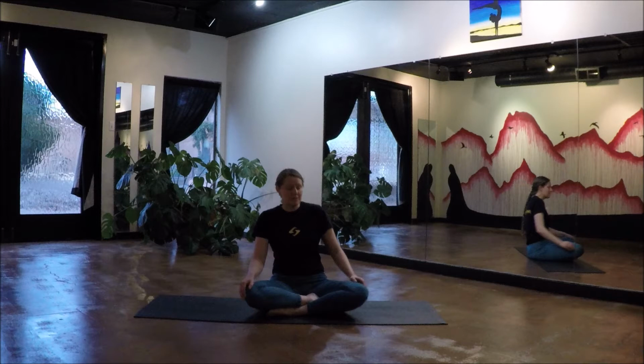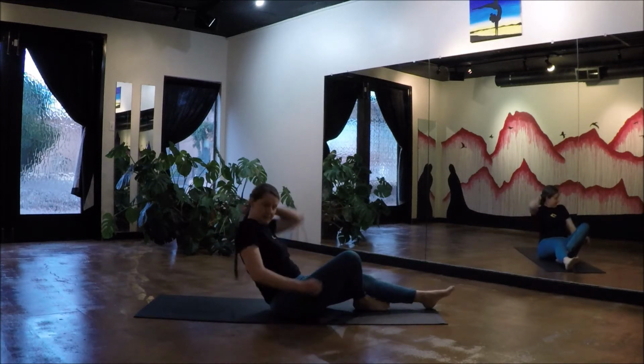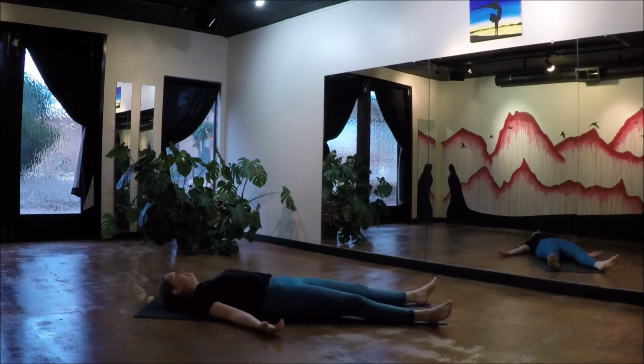So we're going to begin laying all the way down onto our backs, giving us a chance to connect with our breath. So when you're ready, make your way comfortably all the way down. And from here, let the breath go deep into your belly. Long inhales, long exhales,